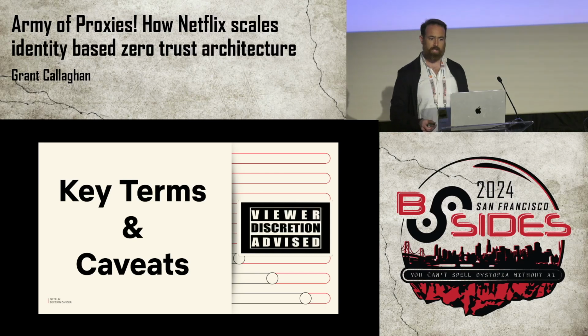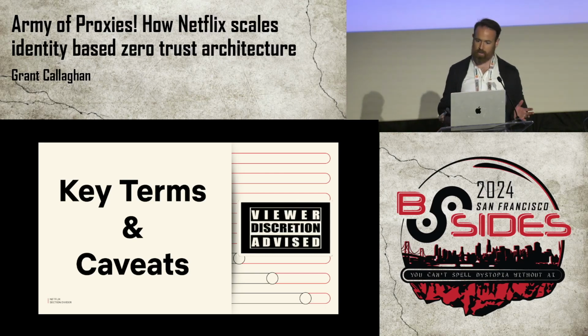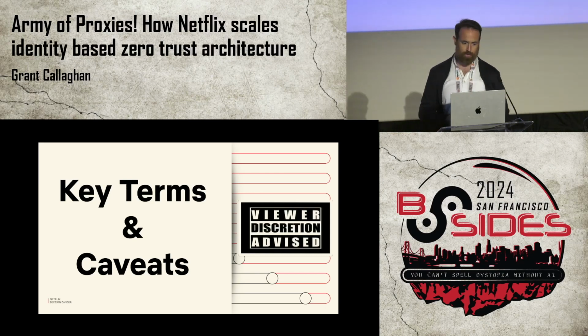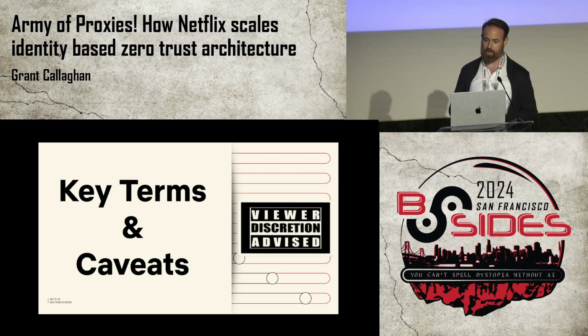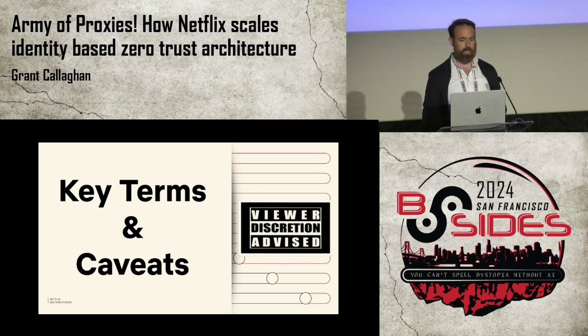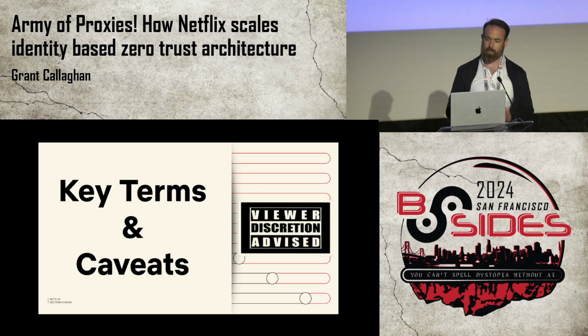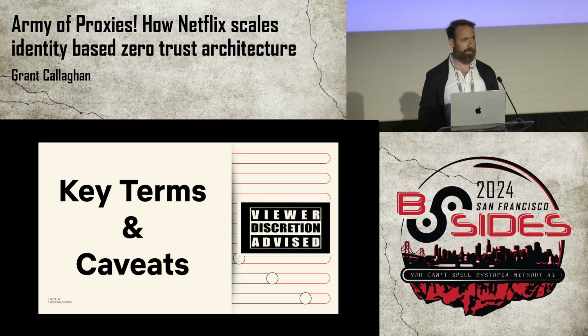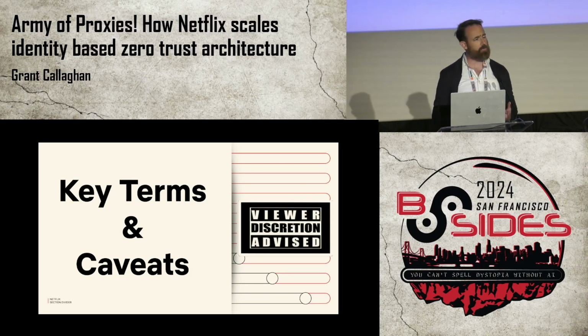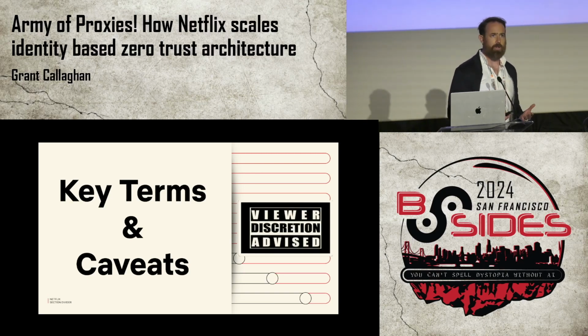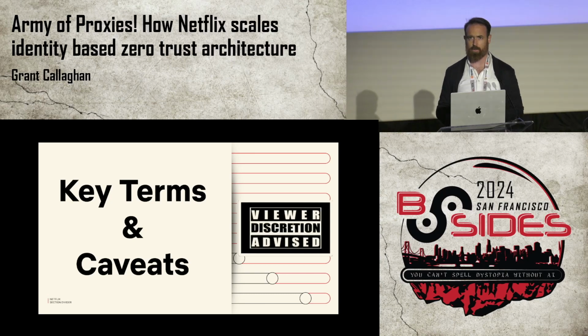So before we get to the primary programming, I'd like to clarify a few terms that I just used and possibly provide some limits to how this applies across the engineering ecosystem. I'm going to talk about scaling in a different sense. Zero trust architecture can mean a lot of different things to a lot of different people. Netflix has been around for a while, so what I'm going to talk about is the latest and greatest, but it's an evolving target.